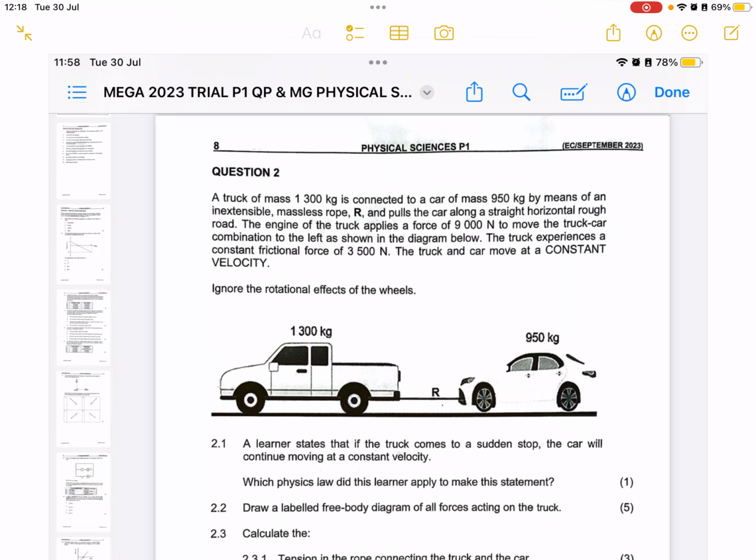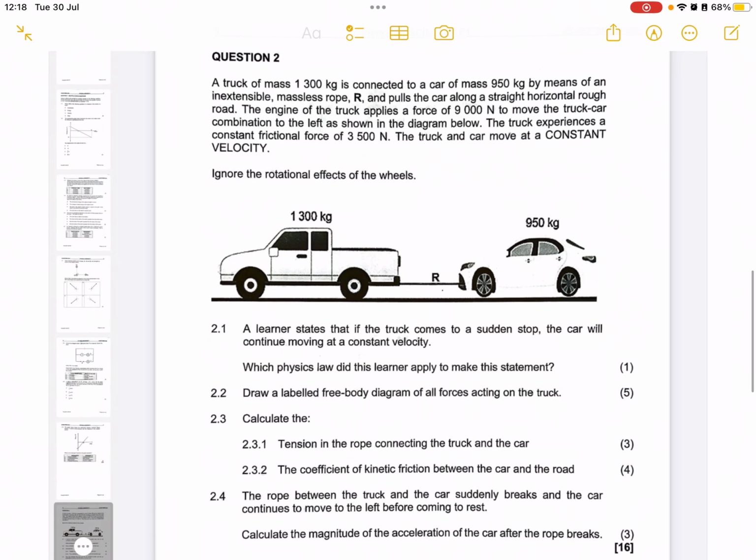the rotational wheels. First question says, a learner states that if the truck comes to a sudden stop, the car will continue moving at a constant velocity. Now, which physics law did this learner apply to make the statement? A law that talks about a body that